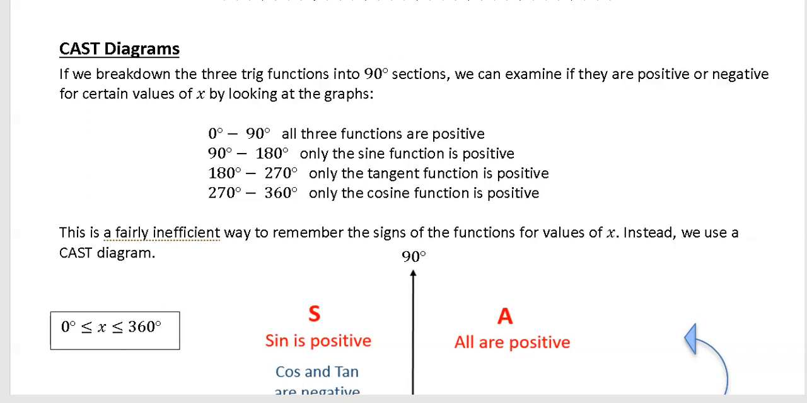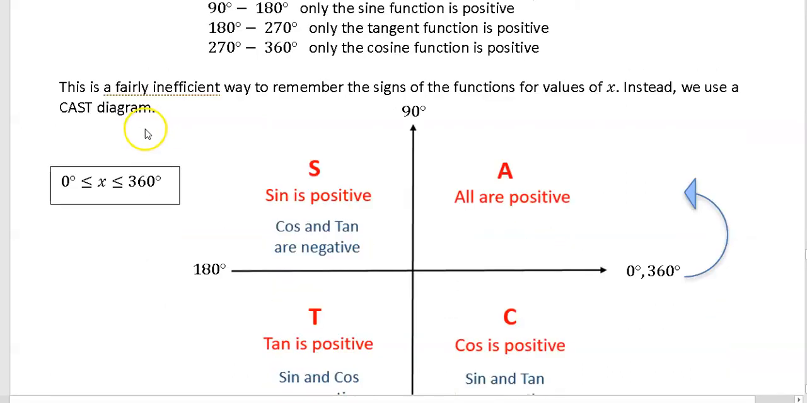Okay, in this video we're going to look at cast diagrams. Now we're going to skip through a bit of these notes here. There's a lot of notes, and it's probably easier once we get on to the examples to explain it. But if we look at our three trig functions, that's sine, cos, and tan, and we just look here,